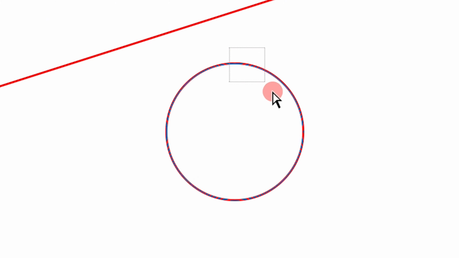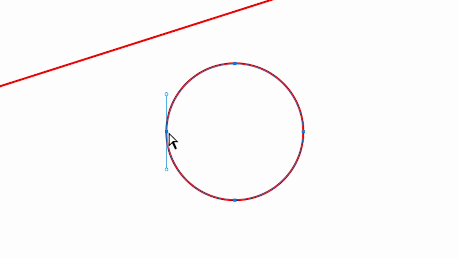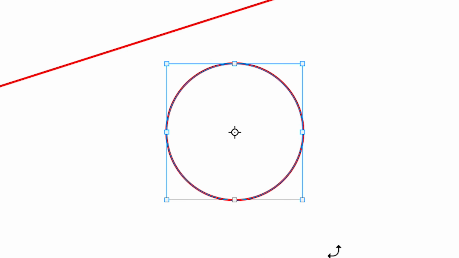If I select three of the anchor points, you'll notice that the anchor points themselves are basically in dark blue. The anchor point that I have not selected is basically white. So again, I'll just drag that out. And we've got that selection. Now if I right click and choose Free Transform Points,